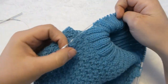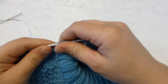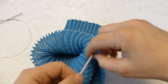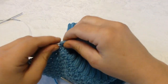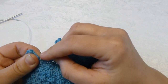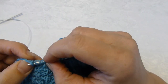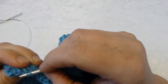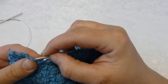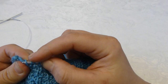And I do the same thing on the other side. I just move all the stitches here, and 1, 2, 3, 4, 5. Okay, so I have to count this one again. I think it's 1. There you go. You have to take your time doing this and make sure to get